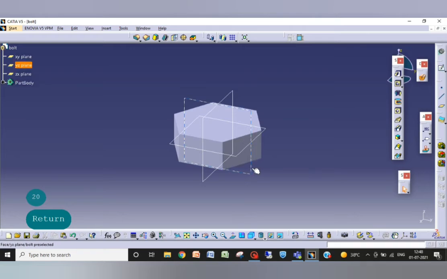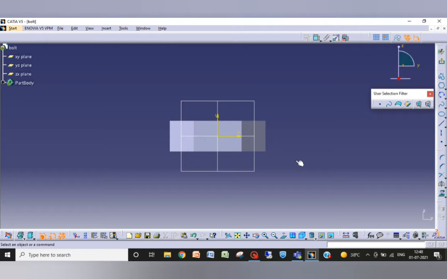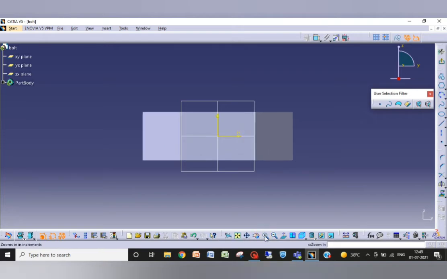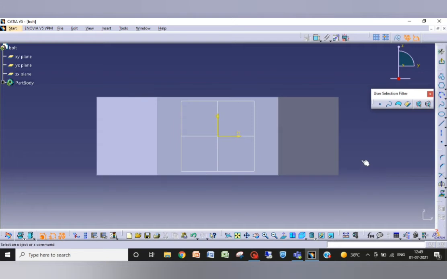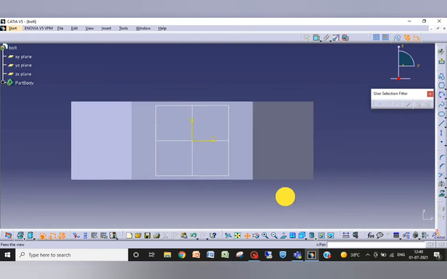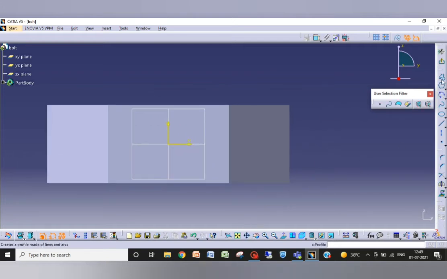Now what next? Over here we will make that curved portion. Zoom in. If you don't want to zoom, you can also do it like that, but by zooming you can get a clearer or closer view of your figure. The same process I will do.